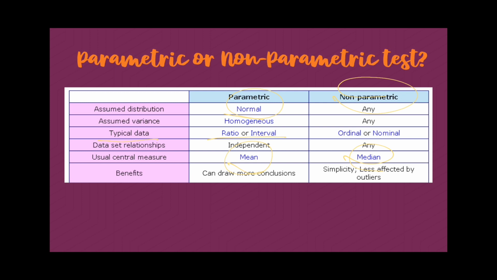It's just that parametric tests are more robust, and they can draw more conclusions, more insights, and give us a more dramatic way of interpreting the data compared to non-parametric tests. But more often than not, especially in our department in sociology and behavioral sciences, we're quite conservative. If randomization of participants was not achieved and normal distribution is apparently not achieved, we really have to do non-parametric tests. But again, there are more liberal researchers and statisticians who would accept